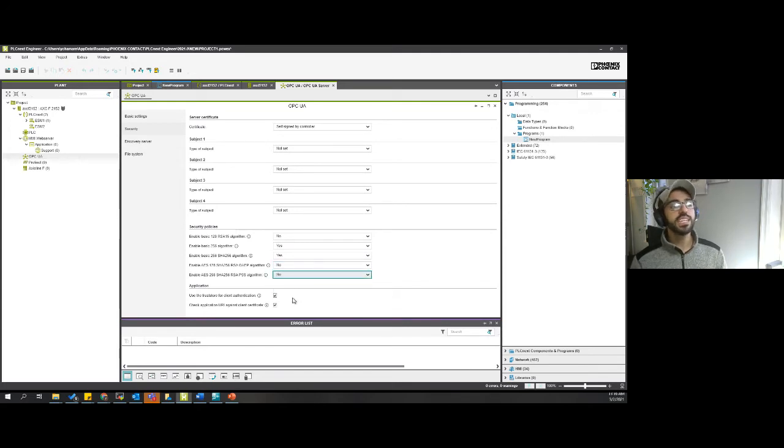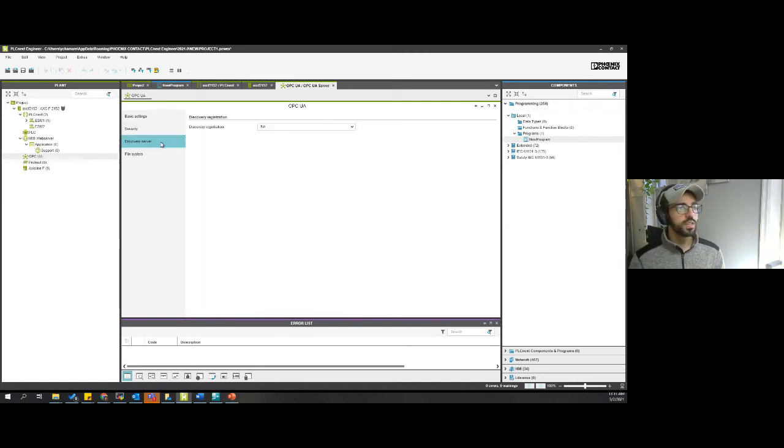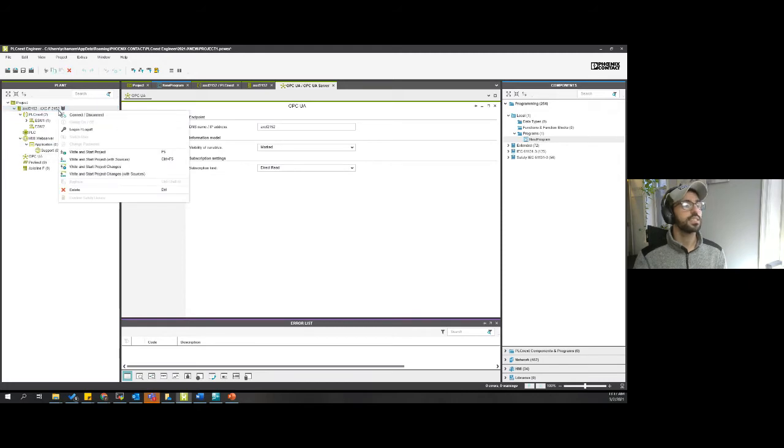And for application, we are not using certificates. We are using the self-signed certificate that Phoenix Contact devices have in between each other. So I can uncheck this box. Discover server, I don't need to change it. As well, the file system, I don't need to change it. Okay, so now I can go ahead and deploy this project